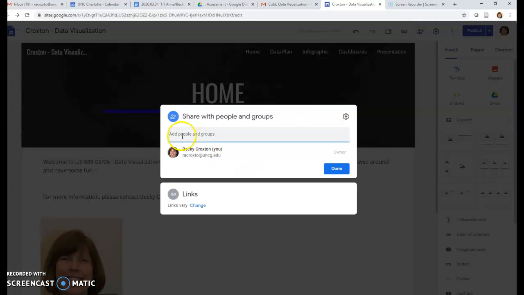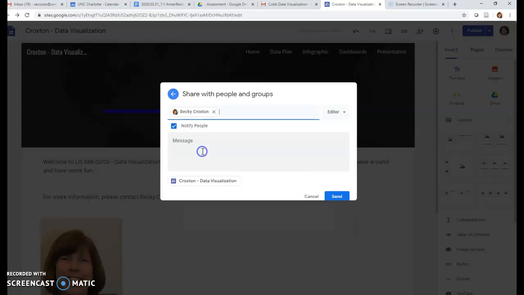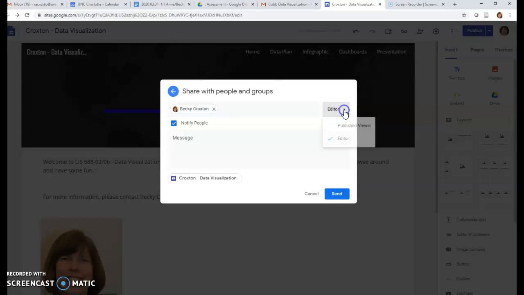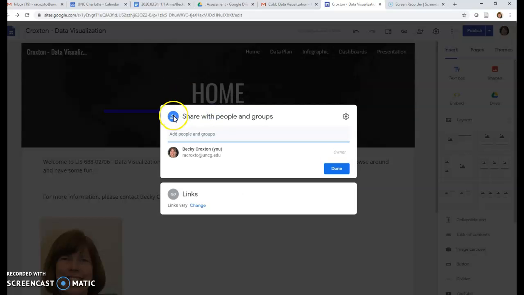And here we see there's a couple of things. It says share with people in groups. If I add somebody, that would let them be either an editor or a published viewer, but we don't really need to have somebody with those kind of privileges added to your site. It's okay if you do add me as a viewer or editor, that's fine, but if you want to share it more broadly than that, I recommend selecting down here links vary, change,